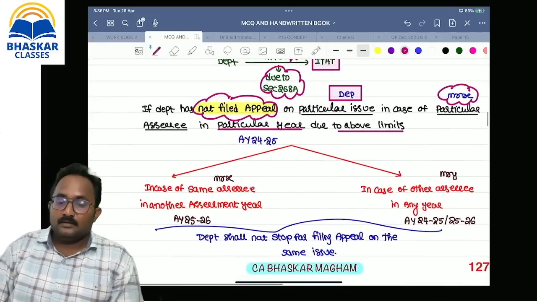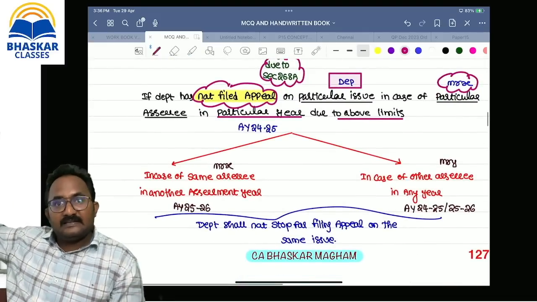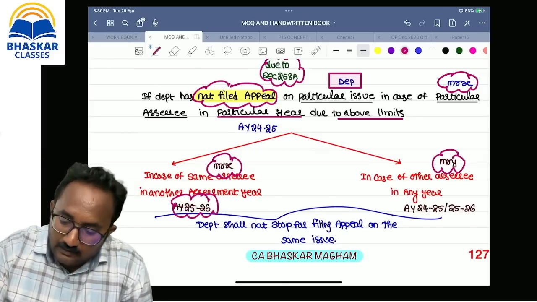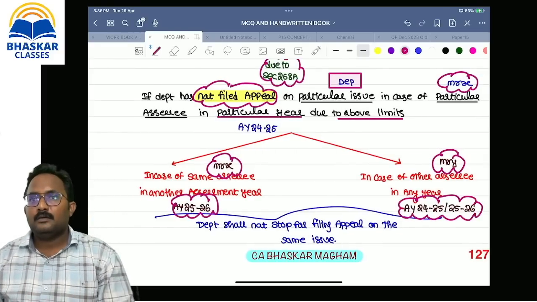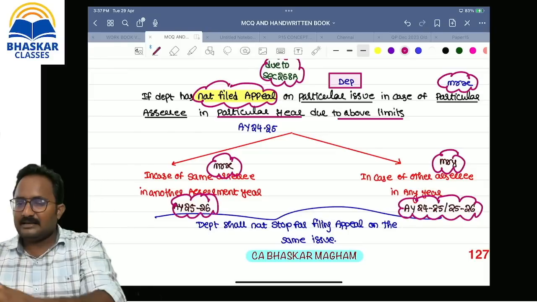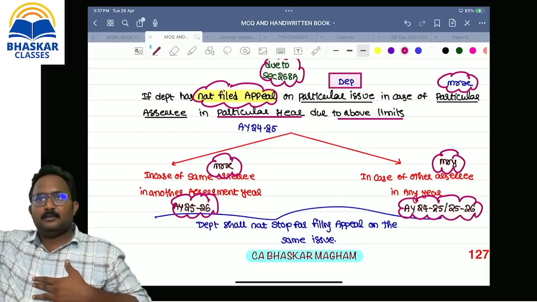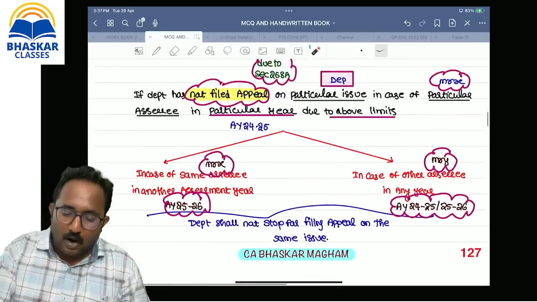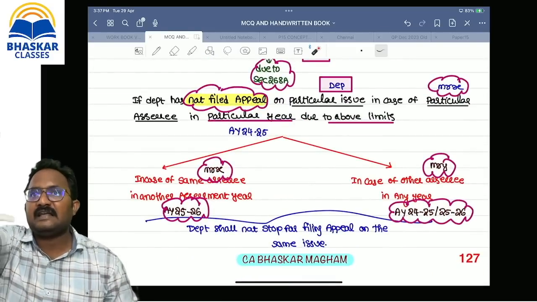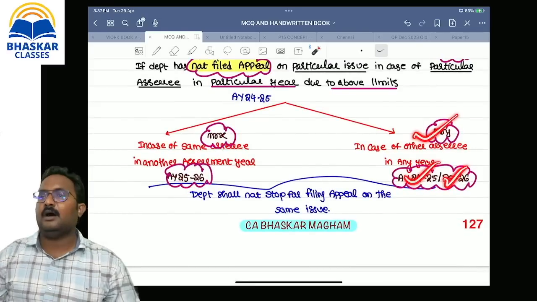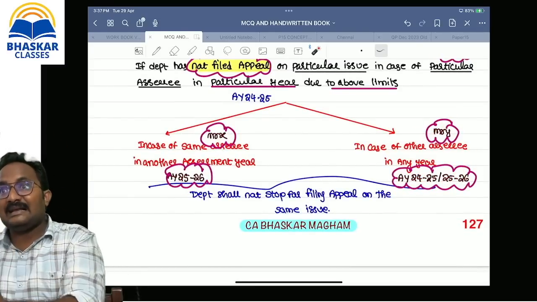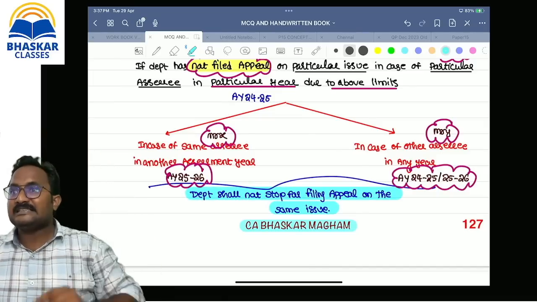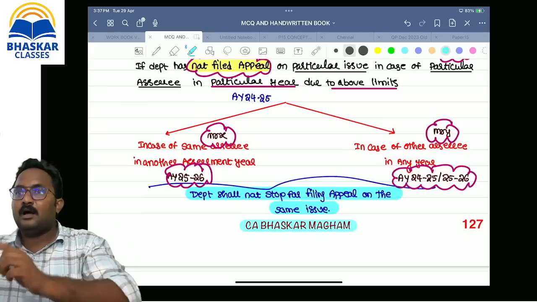But this can be taken as an advantage by the assessee in another year. The same assessee in the next year is doing the same thing, or another assessee is doing it in the same year or the next year. This is a loophole. For small cases, the CBDT is restricting the department because the tax amount is below this limit, so they are not making an appeal before the ITAT. If the situation is taken as an advantage by the assessee in the next year, or by any other person in any year, the department will not tolerate it. The first time they will not appeal. The second time, if you or any other person is doing the same thing, the department will automatically make an appeal against this.